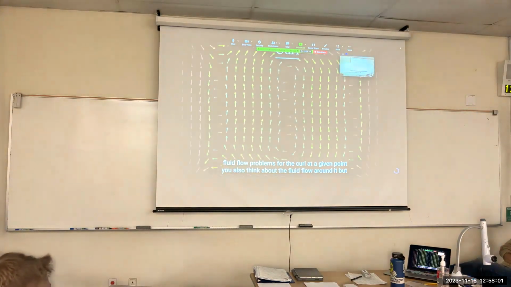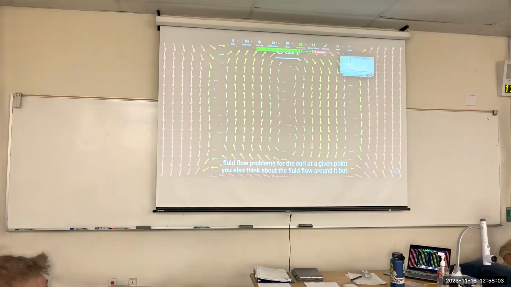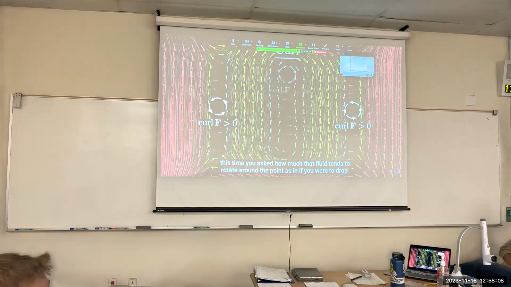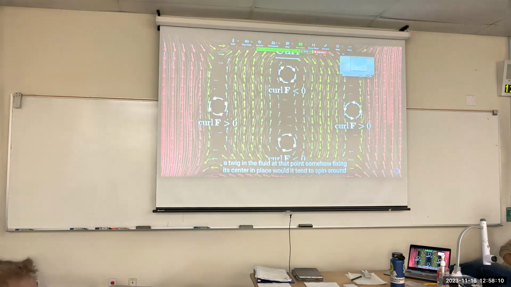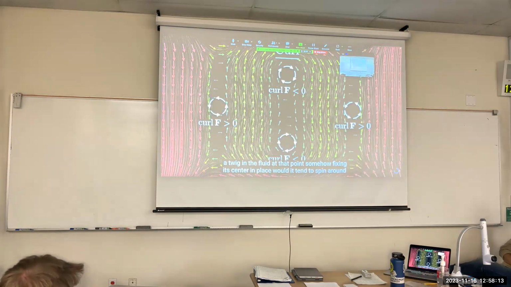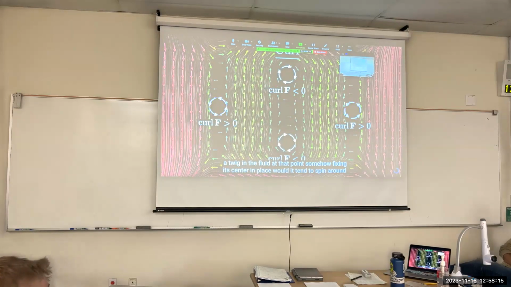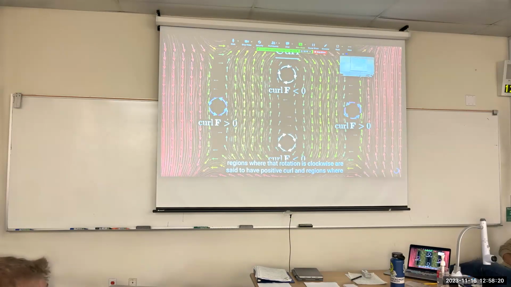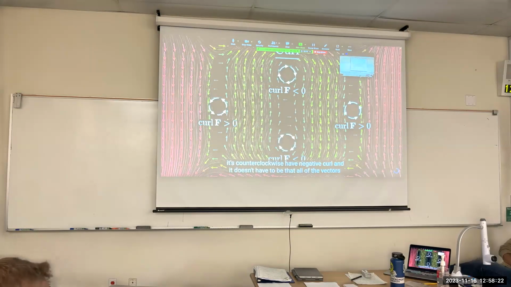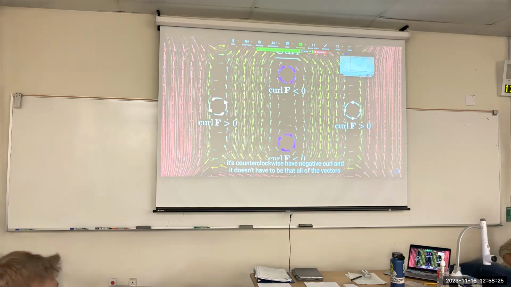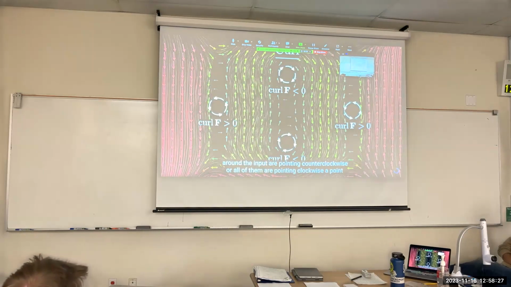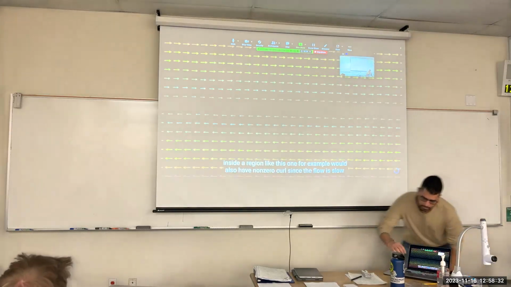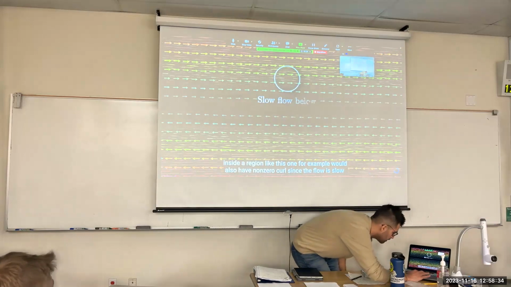For the curl at a given point, you also think about the fluid flow around it, but this time, you ask how much that fluid tends to rotate around the point. As in, if you were to drop a twig in the fluid at that point, somehow fixing its center in place, would it tend to spin around? Regions where that rotation is clockwise are said to have positive curl, and regions where it's counterclockwise have negative curl. And it doesn't have to be that all of the vectors around the input are pointing counterclockwise or all of them are pointing clockwise. A point inside a region like this one, for example, would also have non-zero